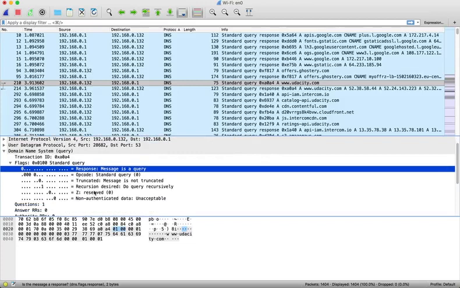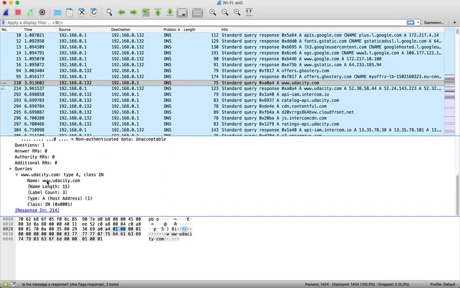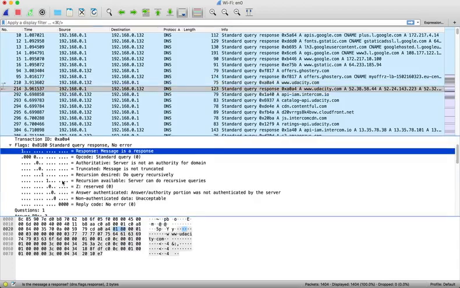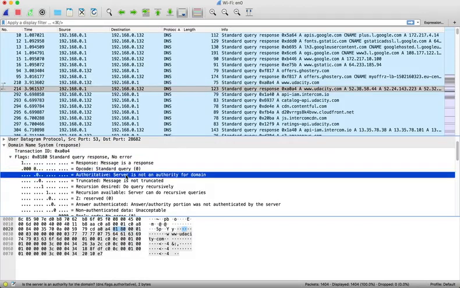For the DNS query packet, the first flag bit tells us that it is a query. The client is asking for the IP address of www.udacity.com, which is a type A address. Similarly, in the DNS query response packet, the first flag tells us that it is a response. And then we notice that the responding DNS server is not the authoritative domain server, which means that the upstream